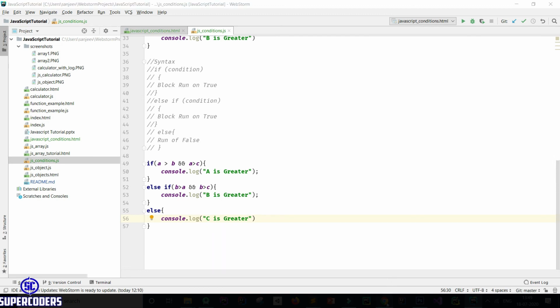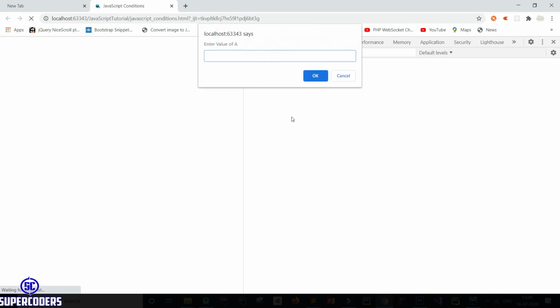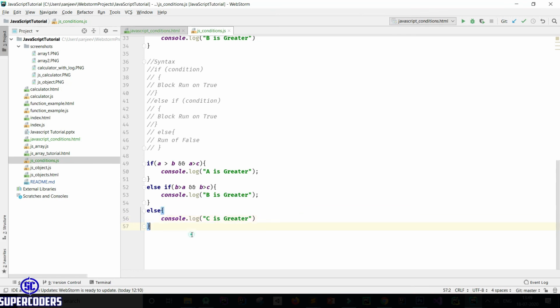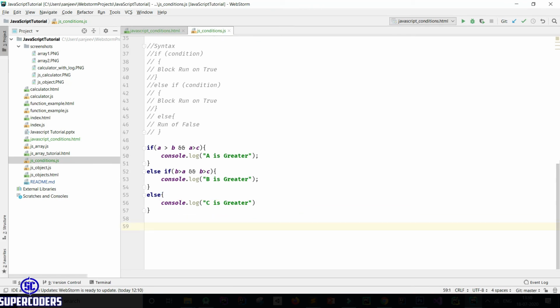Now let's see what happens if I run 10, 15, 20, and you can see c is greater, which is correct. So this is a simple example of else if else condition. These are the three important parts of if else condition.